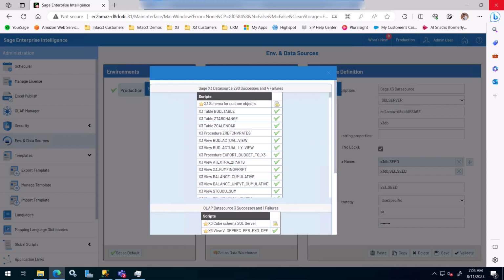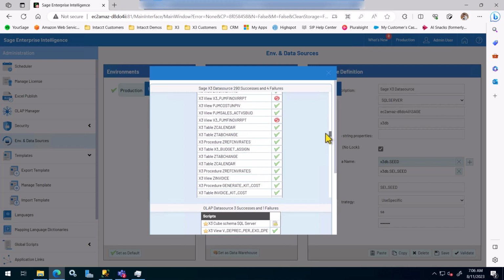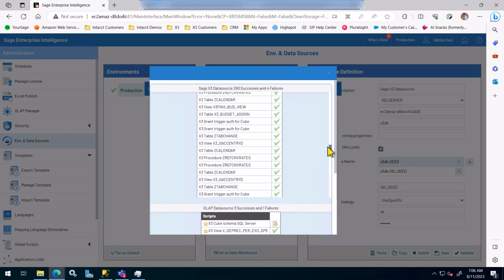Great, so it's back with the results that it has done the script executions. And again, you should see that most of them have succeeded. So there has been 290 successes and 4 failures, which is good. Most of the failures are because of project management modules and other things, which are okay. So I'm going to close this,